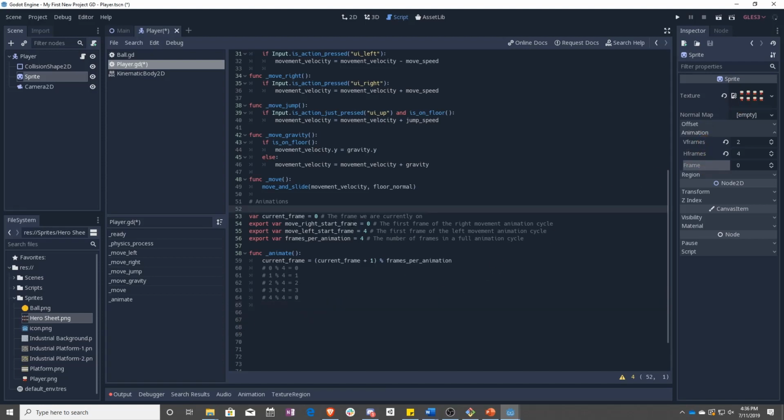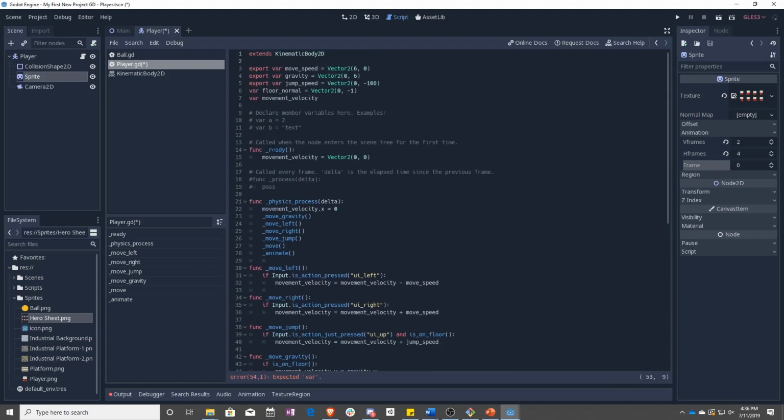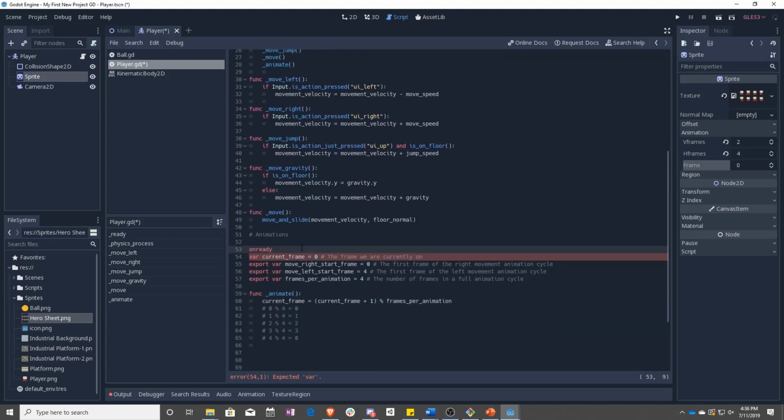We actually have to use a new variable. And so we call onready, which means that if you remember up here in this ready function, it's like calling it in here and setting it. It just means that this variable will only be instantiated and set when ready is called. So onready